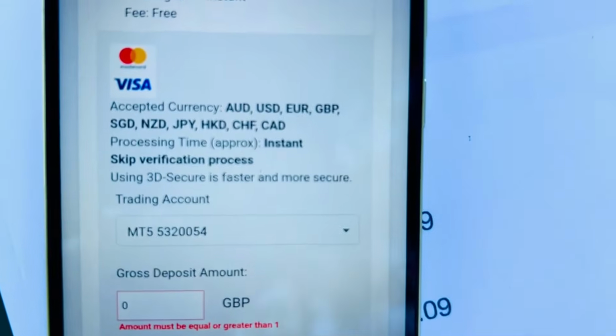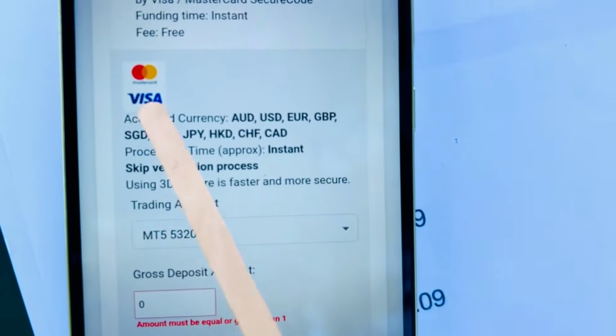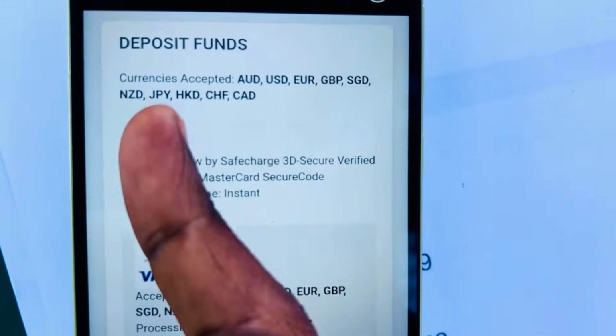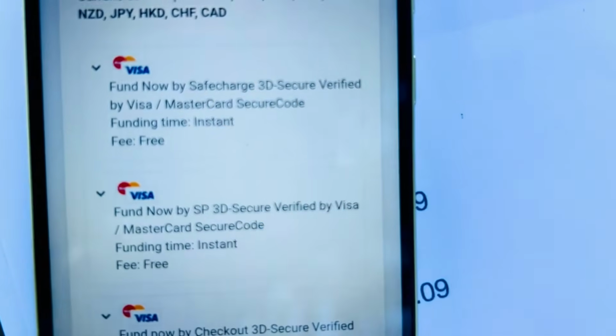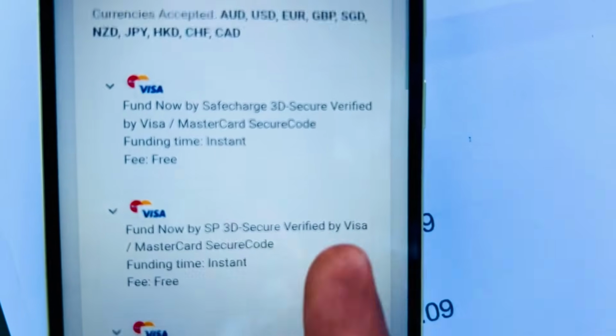If you have any issue, make sure that you are using a Visa card, right? So that you don't have that mistake. When you withdraw, you will be withdrawing with this Safe Charge. They won't charge you anything. It's actually free. So you scroll all the way down. I would like us to use the